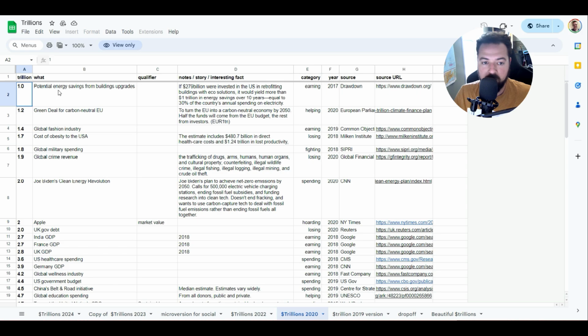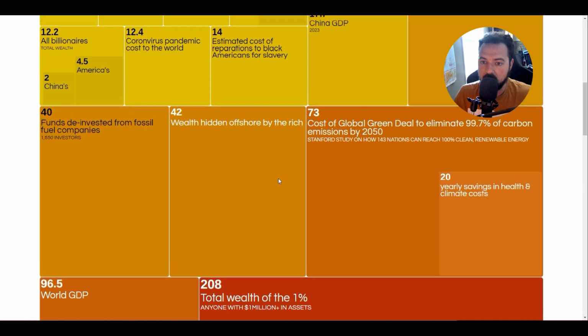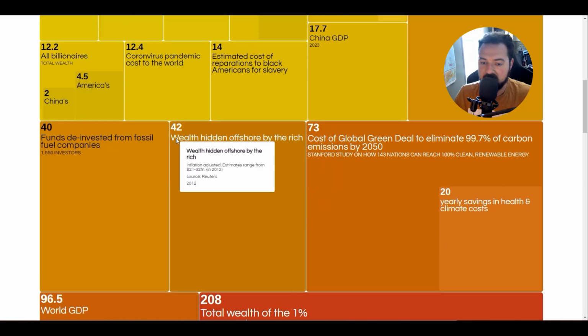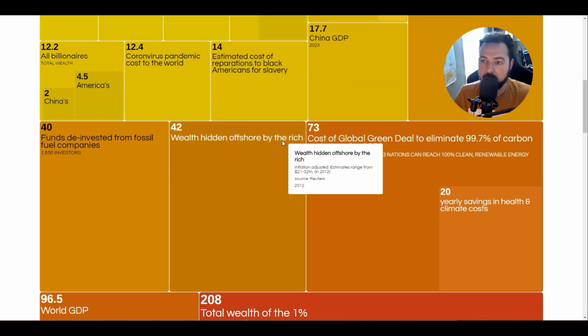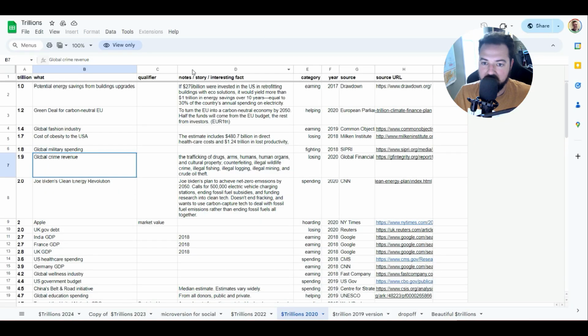You have the what, right? So if you go back to it, like global crime revenue. This column right here would show something like this header, like wealth hidden offshore by the rich. And then you have these other values of like